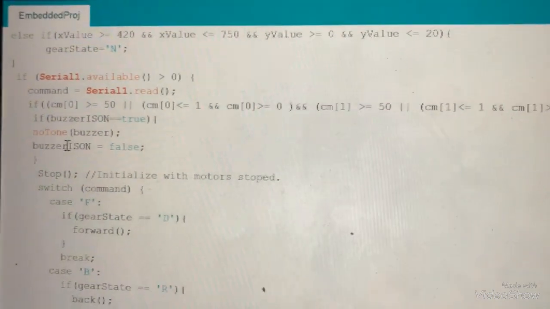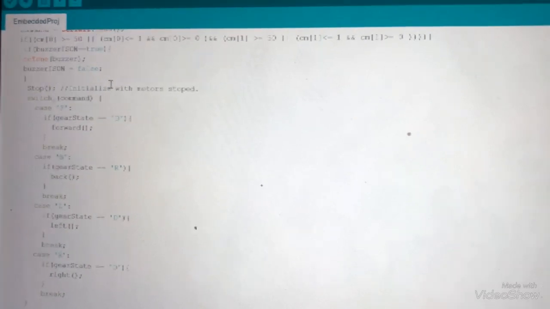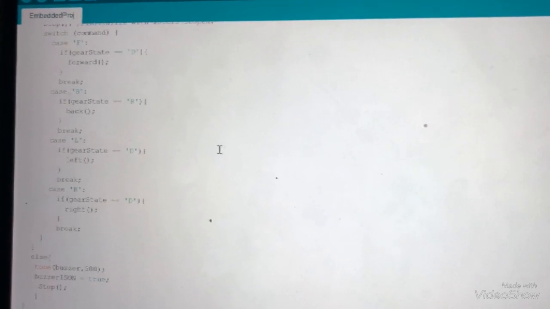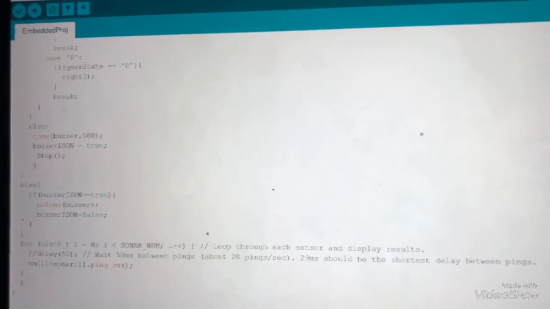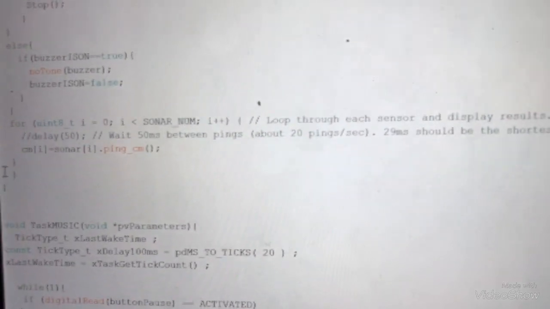And now we're checking if the buzzer is on. We check the distance. If it is greater than 50, the sensor is reading a value, so there is an object. We make the buzzer on, tune, and change its flag. This method is used for reading the sensors, and we